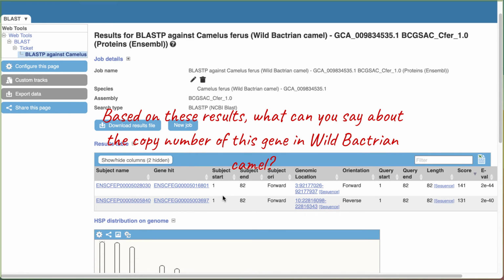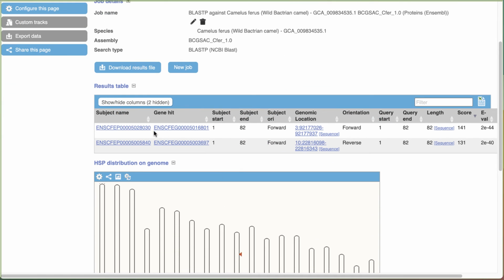And based on these results, what can you say about the copy number of this gene in wild Bactrian camel? So we can see that both hits are from position 1 to 82 in the subject protein, so this would be the protein that's the hit, compared with positions 1 to 82 of our input sequence, our query.